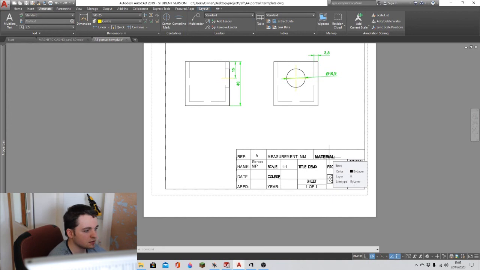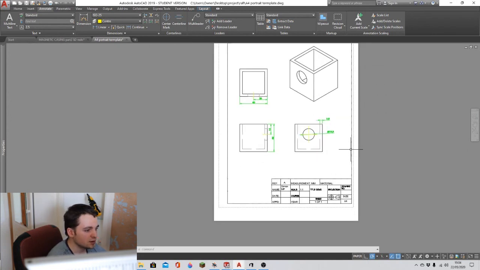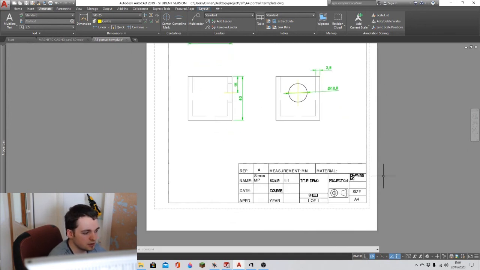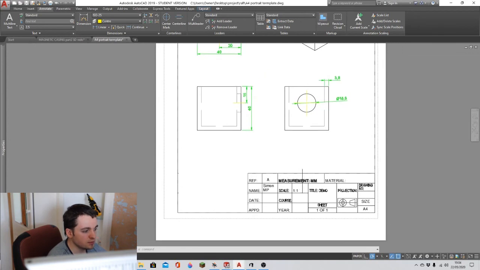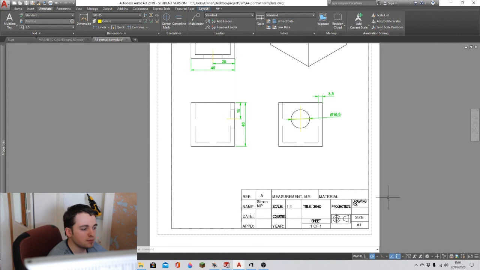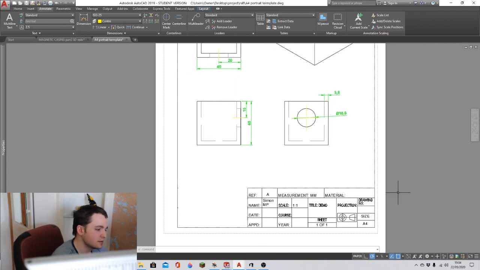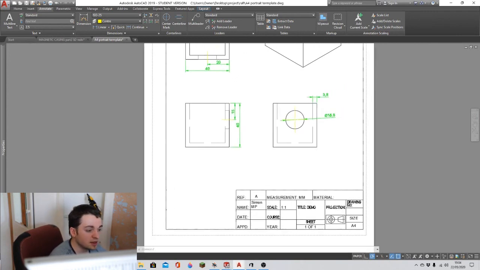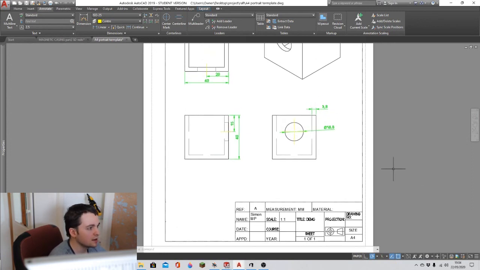You can change that if you want, you can put a description or notes, and then you've got the measurement, which is what the technical drawing is in, so what your drawing measurements are, because on the dimensions it doesn't usually show it, so it's better off putting it in the title block, so people can clarify, oh yes, it's in millimeters or it's in inches and stuff, and then you've got the reference number. But that's and this is CAD. So